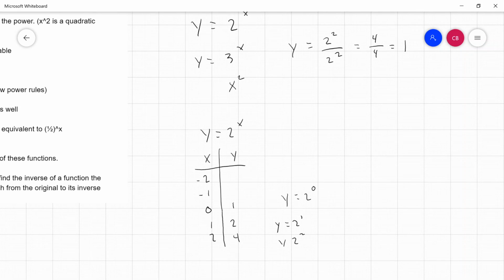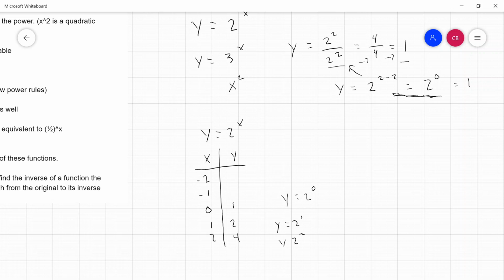Well, if you agree that this is equal to this, then why would it not be the case that 2 to the 2 minus 2 is equal to 2 to the 0? If this is equal to that, which is technically this, then you can go back and say that equals that, and that must equal 1. You just follow the chain backwards to get to the conclusion that